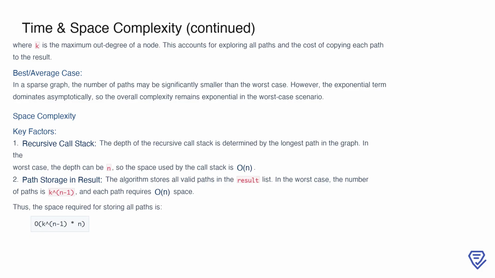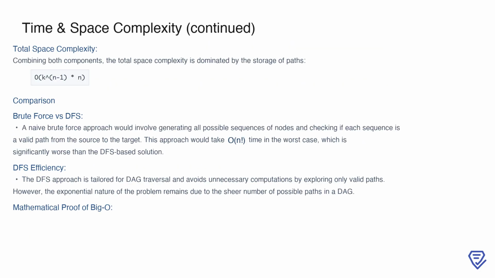Now, looking at space complexity, there are two main factors to consider. First, the recursive call stack. The depth of recursion is determined by the longest path in the graph, which can be at most n. This gives a maximum space usage of O(n) for the stack. Second, we must account for the storage of all valid paths in the result list. In the worst case, the number of paths is k^(n-1), and each path can take up to O(n) space, leading to a total storage requirement of k^(n-1) * n. When we combine these components, the total space complexity is dominated by the storage of paths, which is